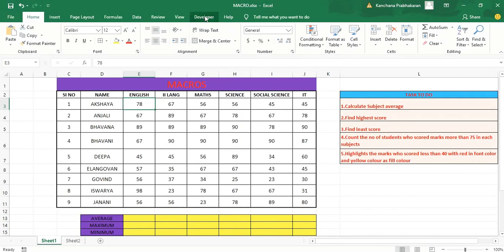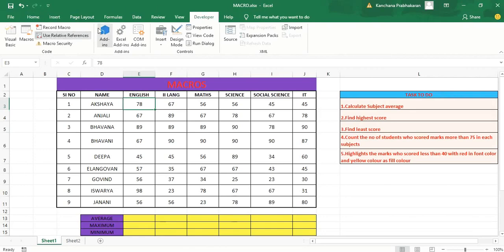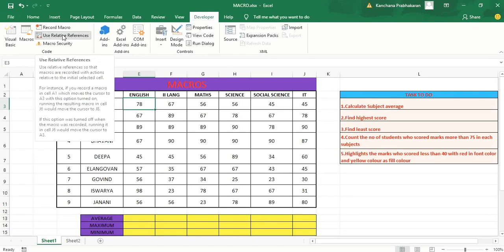Then go to the Developer tab. Under the Developer tab, go to the Code group, which contains the macro options. First you have to click on Use Relative References, which is used to give the respective locations from where the steps will be followed.